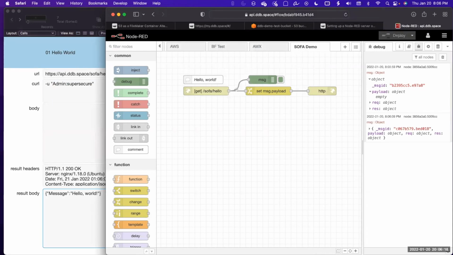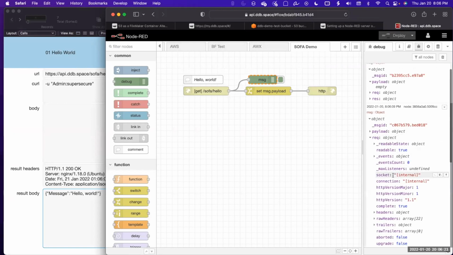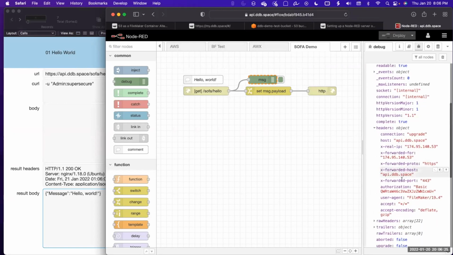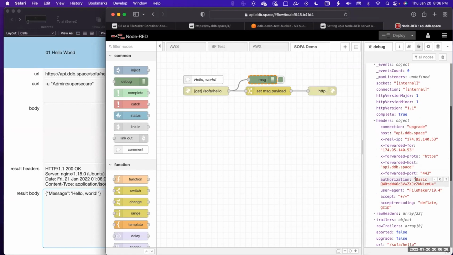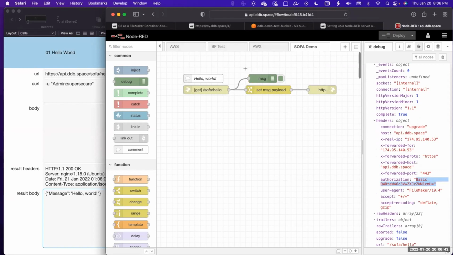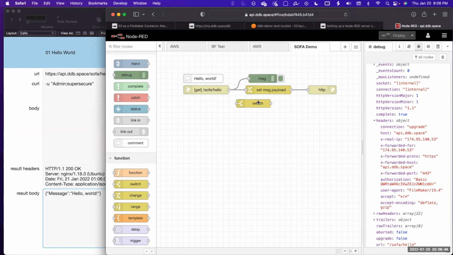But what I can do is look at the message, at the request headers, and I can see that we have an authorization header that contains Basic, and then the base64 encoded version of username:password. I could have computed this in FileMaker as well using the base64 function, but I can also just get it here. So now what we want to do is add a switch node. So we're going to take this off. We're going to route this into the switch node, and then we're going to check